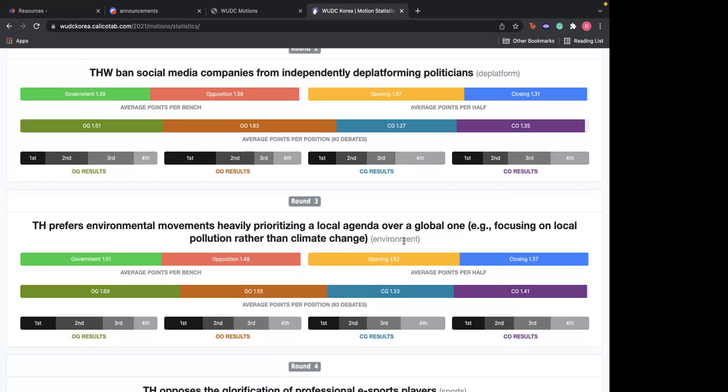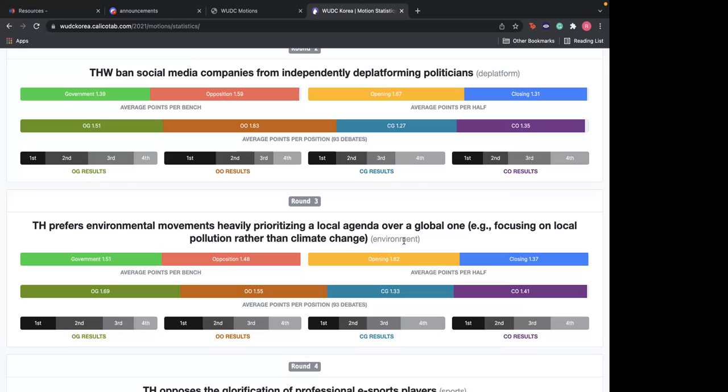The debate then is which one should be more prioritized, right? So as government, you are prioritizing local agenda. However, it's not very clear what local agenda is just by looking at the words "local agenda." You have to define what this looks like, what local agenda relates to. For example, the definition I gave is an example, right?